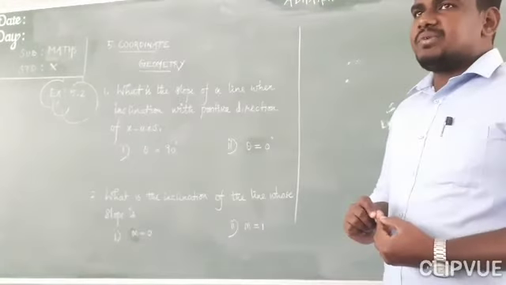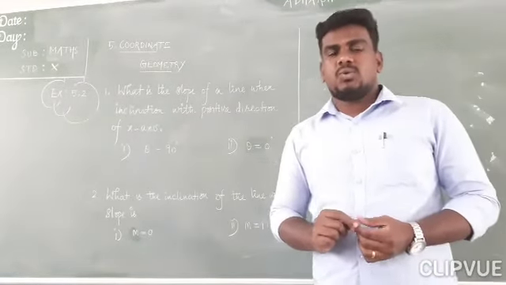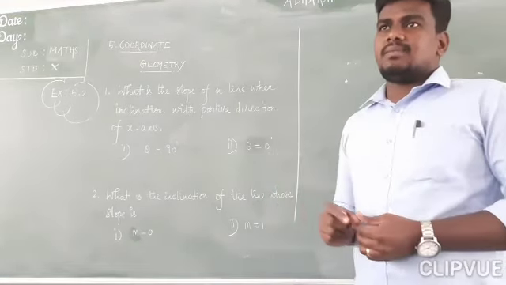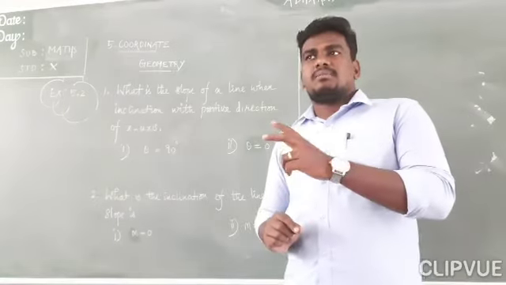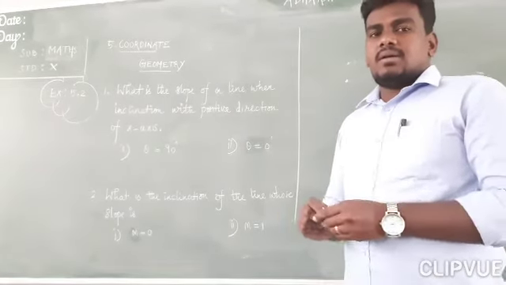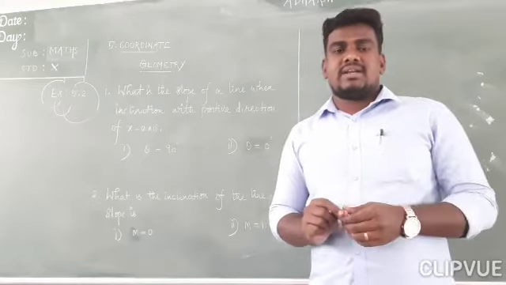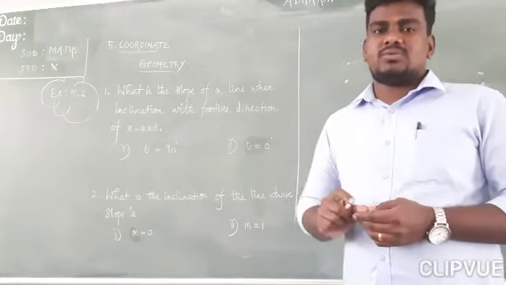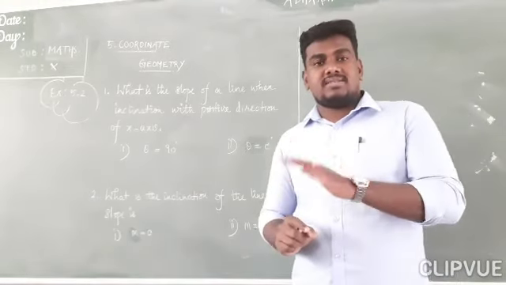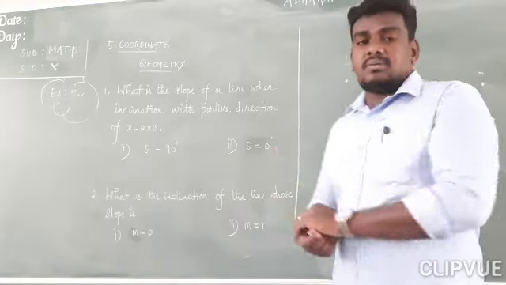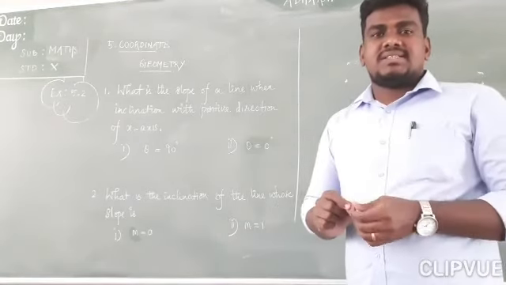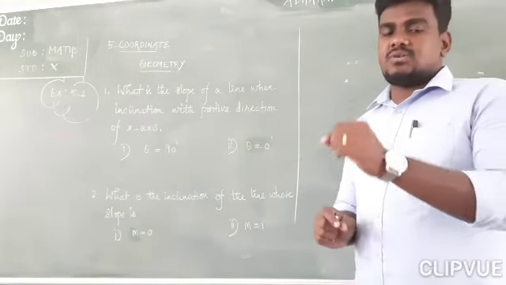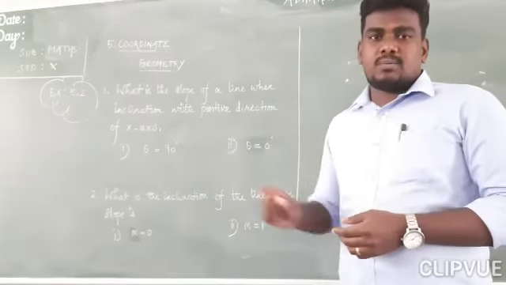In this video we are going to solve problems related to slopes and inclinations of a straight line. I have already given two videos regarding formula derivations, the slope of a straight line and what is the angle of inclination. These things we have discussed in those two videos. After watching the first and second videos, you can move to the problems. If you are not watching those, you cannot get an idea about how to solve the problems. So kindly watch the first two videos, and after that you can move to the problems.